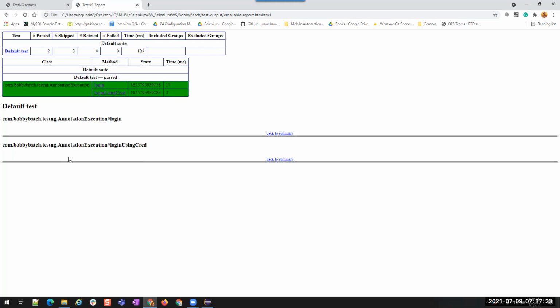So at the end of the test cases execution, we will send a report to our team, right? That these many test cases are executed, these many are passed, these many are failed. So instead of you doing it manually, TestNG itself is giving an emailable report where it will give an overview of all the statuses. You can copy this and paste it in the email, or you can attach this report to the email and send it to them. It's up to us how we want to use it. Understand?